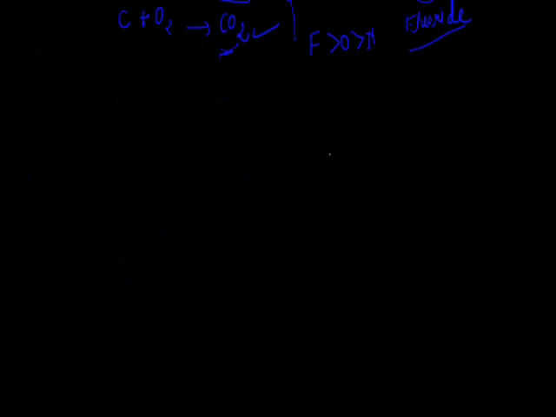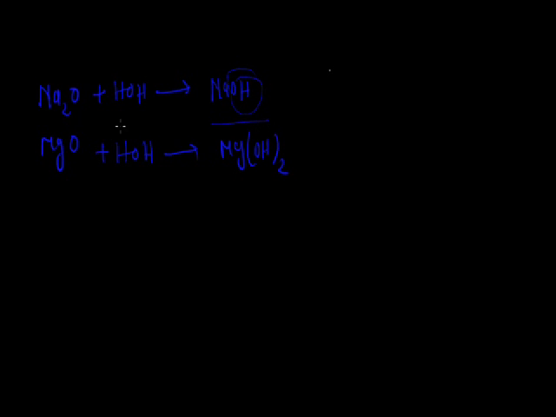Now if we are taking the case of metal oxide like sodium oxide or any other metal oxide, magnesium oxide, when these oxides dissolve in water, like when we are dissolving sodium oxide or magnesium oxide in water, then it gives sodium hydroxide. Now magnesium oxide gives magnesium hydroxide. Now when these oxides dissolve in water, they give the OH negative ion. So that's why we are saying that metal oxides are basic in nature,